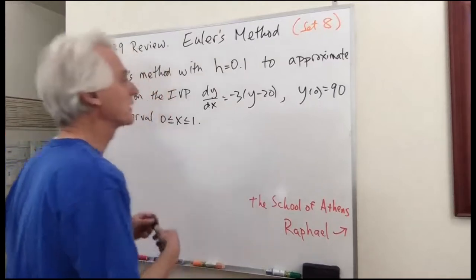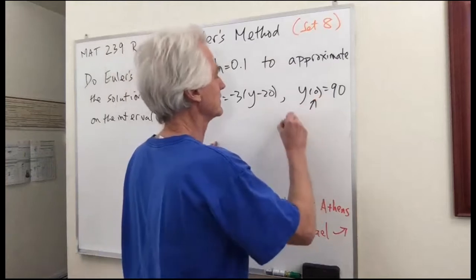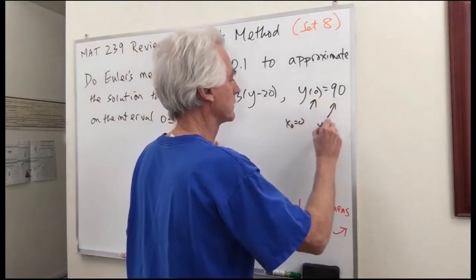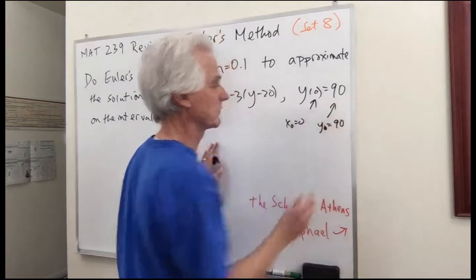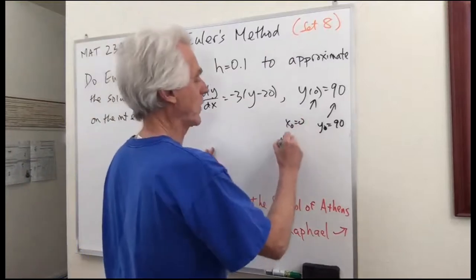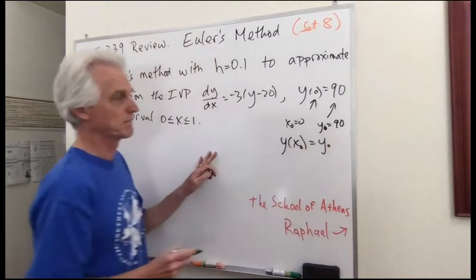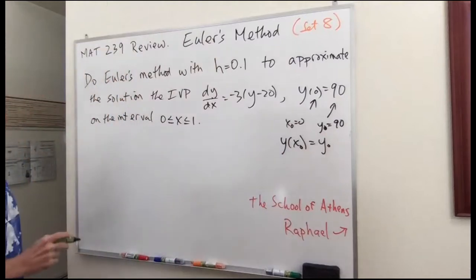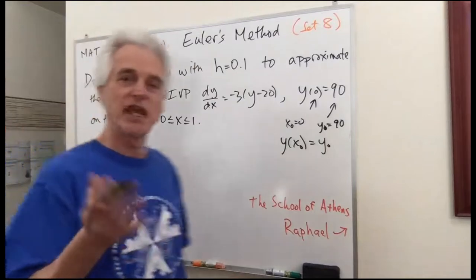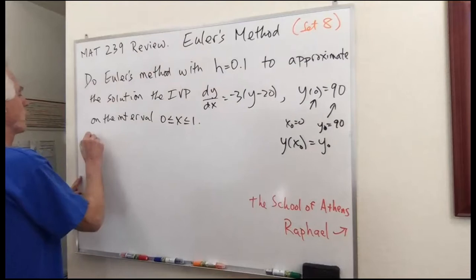All right, so what we're going to do is x naught is 0 and y naught is 90, right? That's the typical way we write the initial conditions: y of x naught is y naught. So what we're going to do now is update those y's and the x's. So Euler's method,